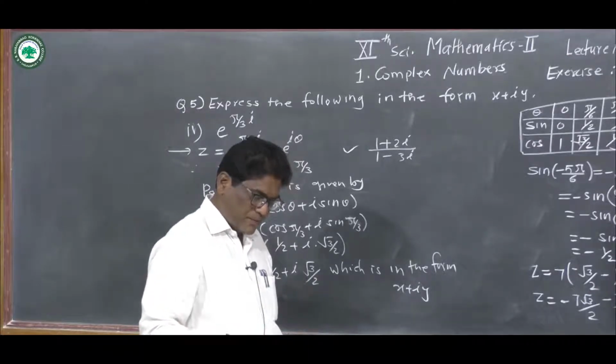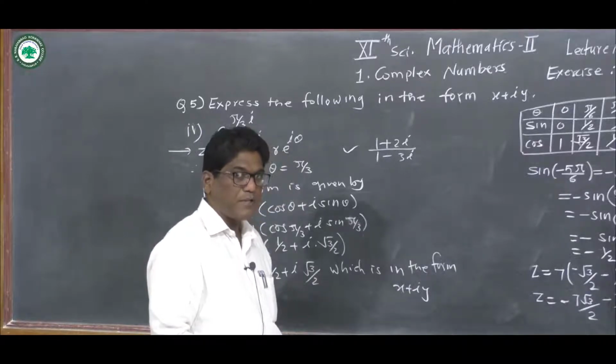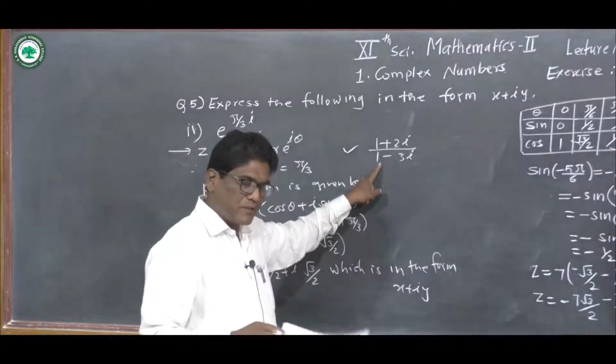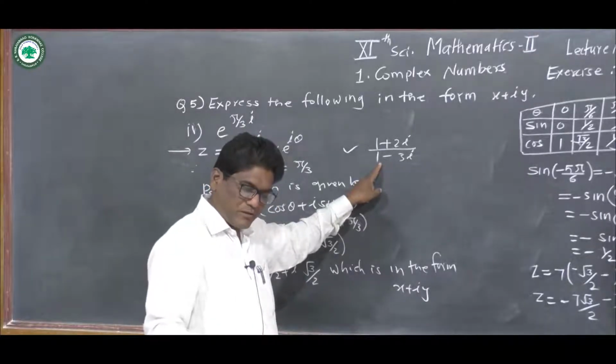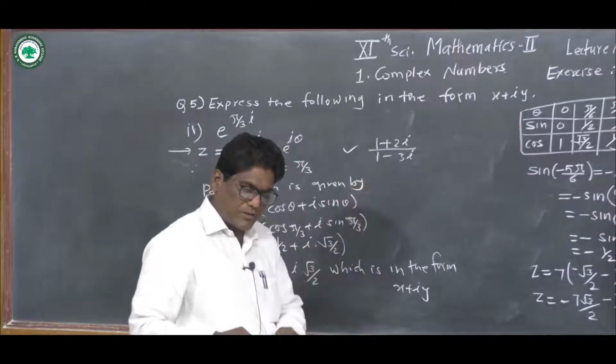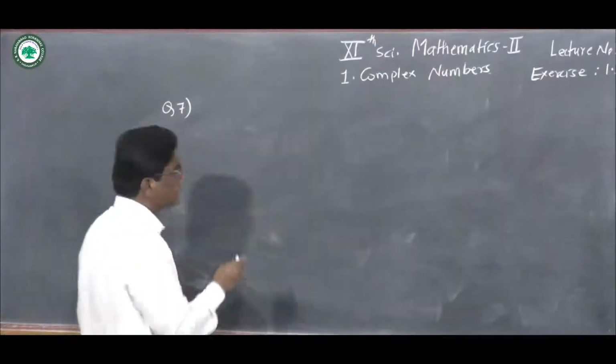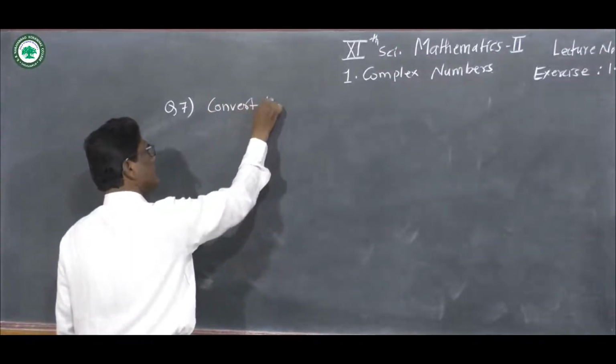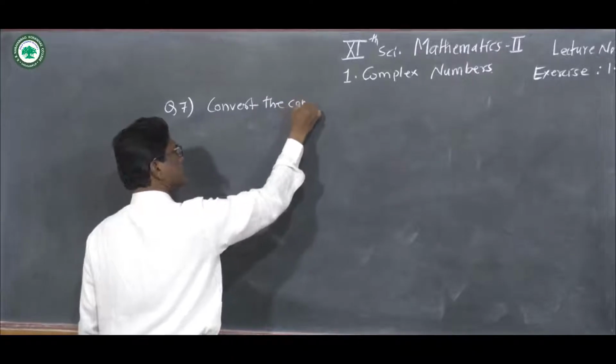Express the complex number in polar form and exponential form, and the fifth example. In the previous question we have solved this problem also. So the sixth problem we have solved. Now we see question number 7. Convert the complex number